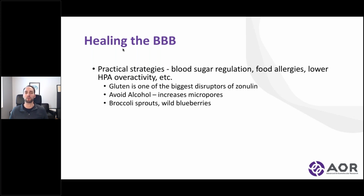The research is quite strong on the connection of gluten and disrupting barriers in the body. In my practice, I've seen a huge correlation between avoiding gluten and improvement in neurological symptoms. But you have to be very close to 100% avoiding gluten. And this actually can be done after testing, but it can be done before too, because gluten is not just